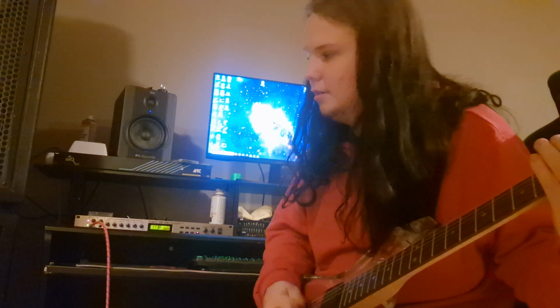But one thing this does exceptionally well is cleans. Which I guess Roland is kind of known for when you think of the Jazz Chorus amp. And there's some patches in there that are really, it's almost scary how close it is to the real thing. This is supposed to be a Mesa Boogie. I know you can't see the screen at all, but I'll just do some sounds and...